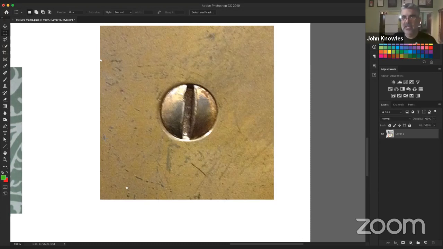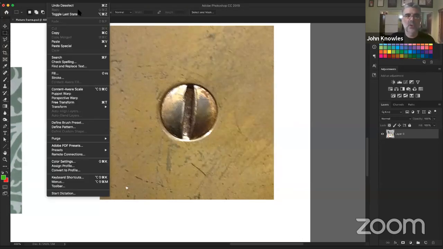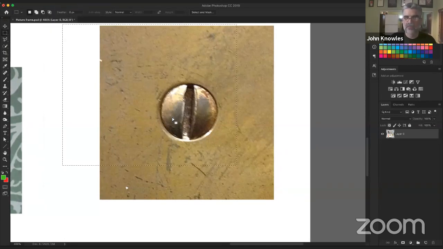If you accidentally let go of it or click on it too early and it goes away, if you go back to undo, you notice undo deselect is available. And that's what I did, by the way. I deselected it. If I'm making a selection by clicking and dragging, the opposite of that is to deselect, okay? And that is actually,